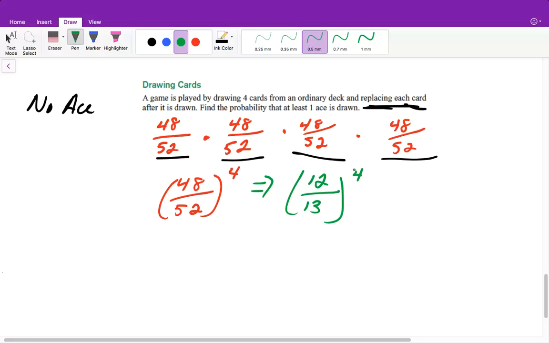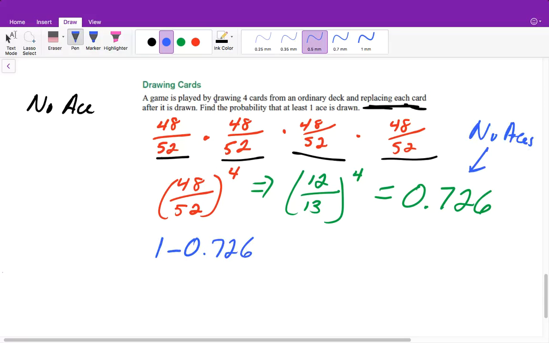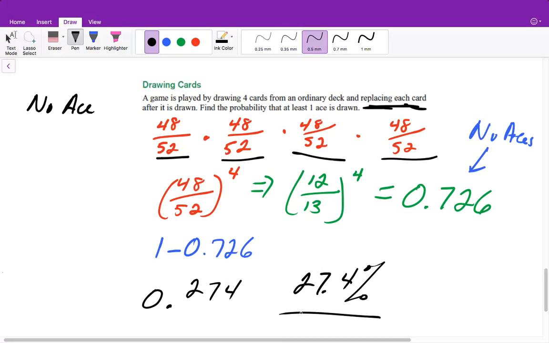All right, then from here, you can do 12 divided by 13, and then you could raise it to the 4th power. And this is equal to 0.726. So then if I want to find a probability of getting at least one ace, because this is no aces, I need to take its complement, 1 minus 0.726. And this will give us 0.274. So we have roughly a 27.4% chance of getting at least one ace if we draw 4 cards and